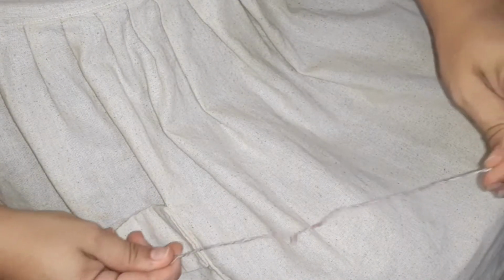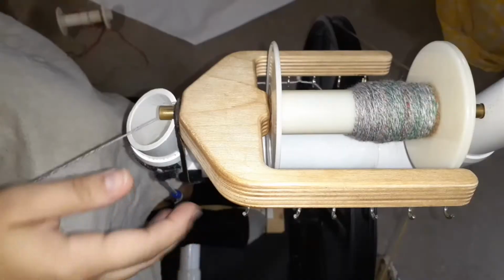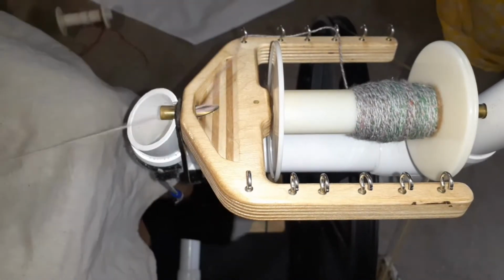There's probably one other thing contributing to my underply issue, and that is that these singles rested a really long time. I started this whole spin over 2 years ago, maybe 3 years ago, so half of the singles were majorly rested while the other half were decently rested, as I did finish the singles about a week or two before I did the plying. But when you're dealing with an old spin, all that twist tends to relax out of it, and then when you wash it, all that energy balances out, comes back, and can screw up your plying